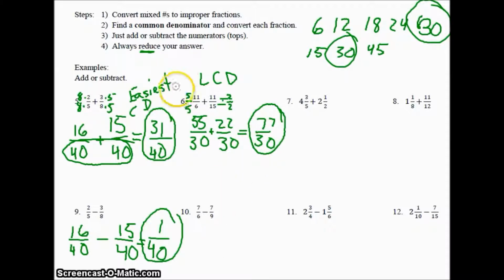Okay. One more before I let you go and work on the last 4 on your own. Let's take a look at 10. 7/6 minus 7/9. So we're going to use the same process up here. Okay, so again, our multiples of 6, we get 6, 12, 18, 24, right? Okay, our multiples of 9, 9, 18, 27, and so on, right? But 18 are the first 2 that are going to be the same, so those are the 2 that we're going to use. So over 18, we're